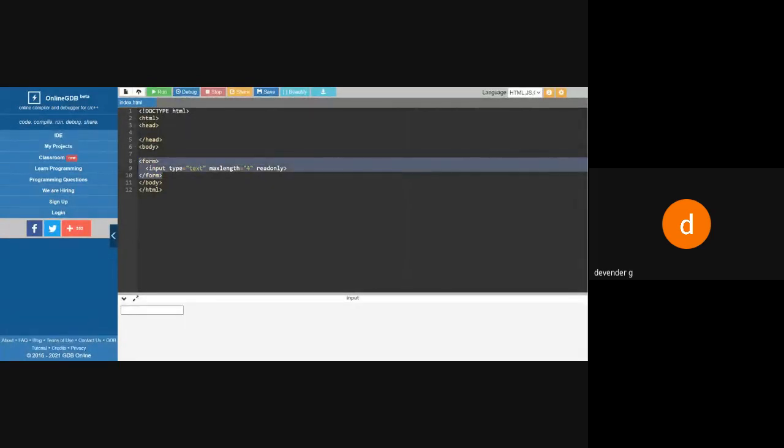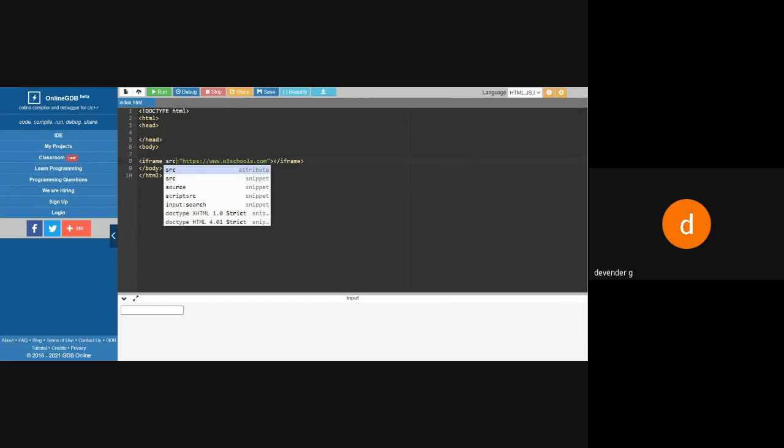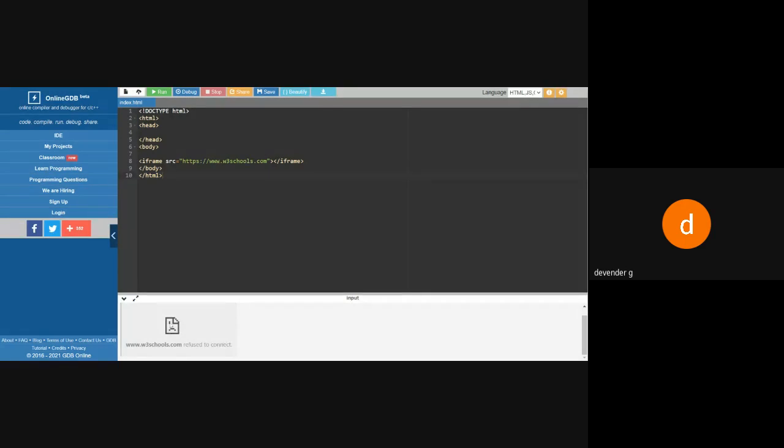So here I'll be writing the frame concept. I will say src, and when I run this, you'll find there is one box. See, now in this box I'm able to see the information. So this portion will be left out for some other information. This is the entire document. In this document I have taken one small size, and in that I'm trying to fill some information.